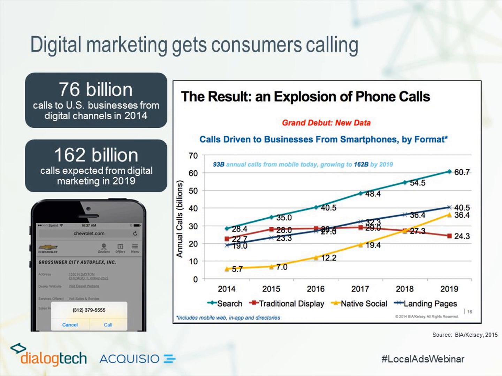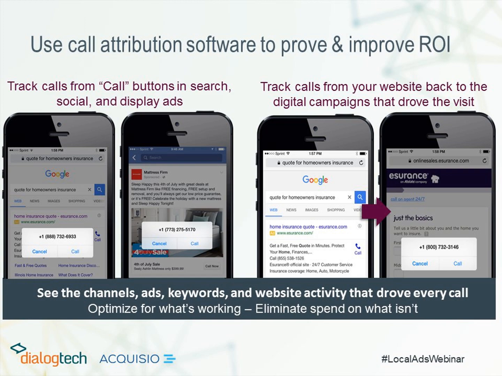In terms of social advertising like Facebook, the yellow line will show how it started off a little bit slow, but as mobile becomes so important to Facebook advertising, people are visiting mobile optimized sites from Facebook ads and calling. Those numbers are skyrocketing. So it's really important that you're able to get attribution for those back to the specific channels, ads, keywords, and website activities that drove those calls. And the way to do that is using call attribution software. So it's a great way to prove and improve your ROI, especially when it comes to mobile and digital advertising